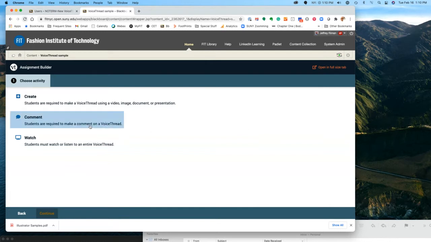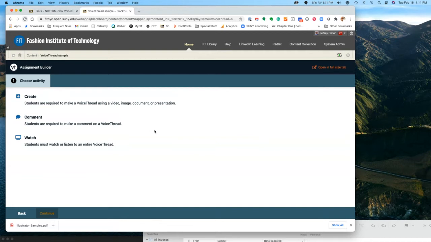So one really cool thing they added, and this is like a blessing from VoiceThread from heaven, is that now, as you see at the top, it says step 1, choose activity, right? So they've broken down these steps, and you'll see as Jeffrey and I go along, you'll see step 1, 2, 3, 4, going from left to right. So that's one thing I do like already. And also, I don't know if you remember the old VoiceThread, it was very different. This is much more clear.